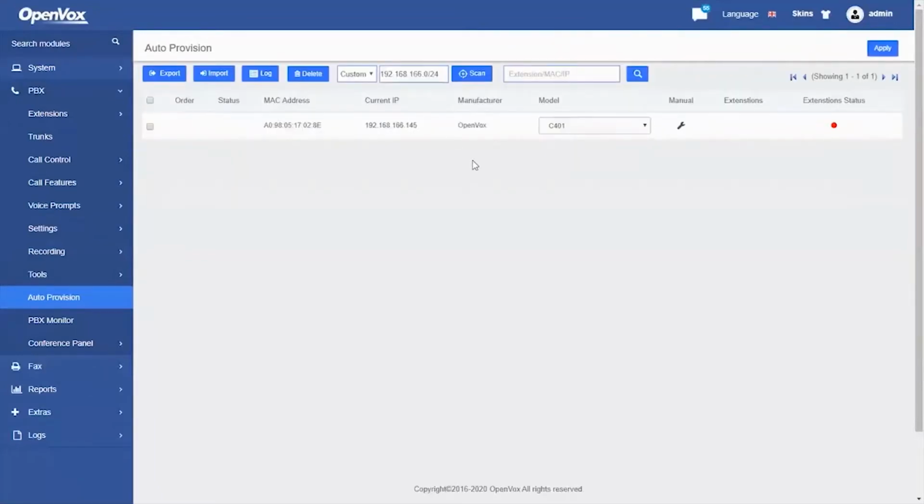Okay, there is an OpenVox C401 IP phone under the same network segment. The extension status here is red, indicating that the extension has not been registered. Click the configuration icon,